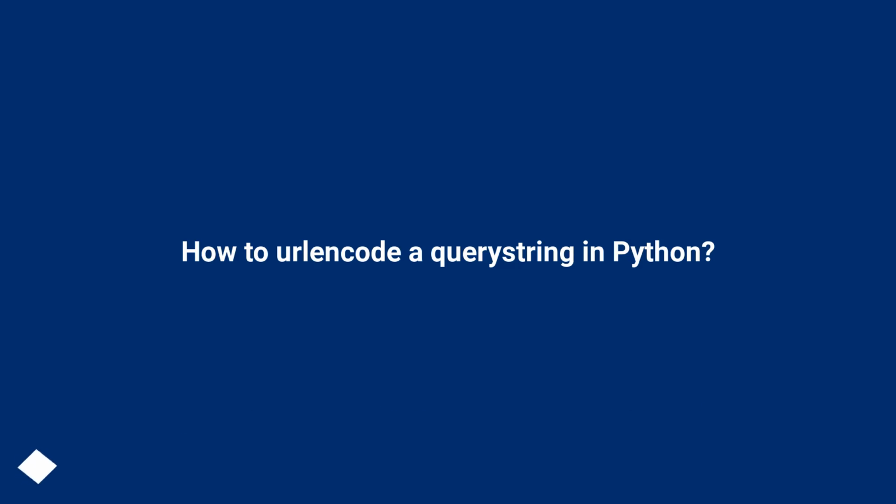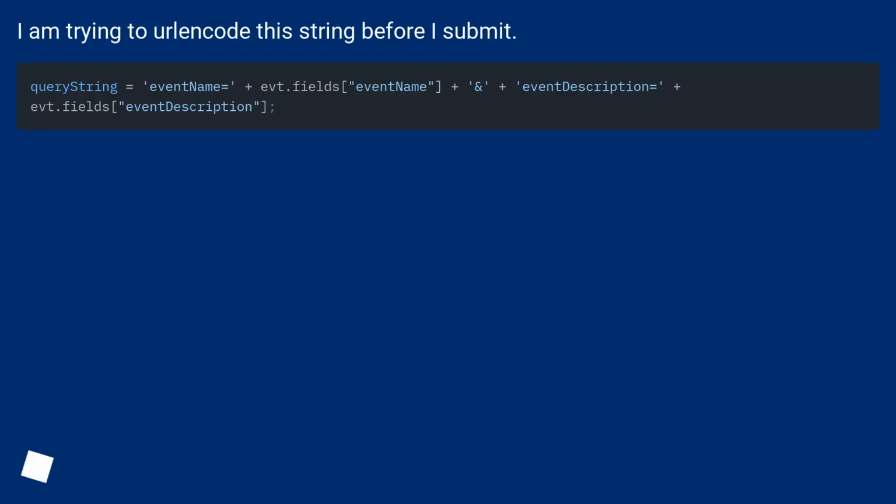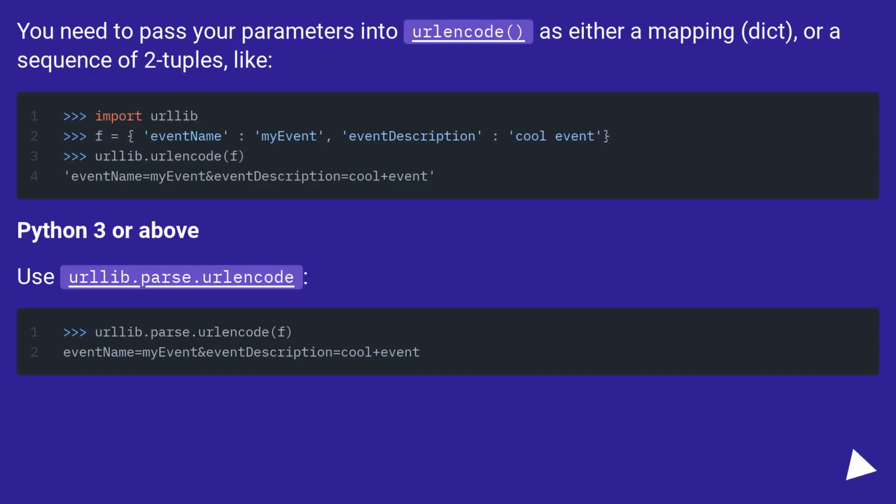How to urlencode a query string in Python. I am trying to urlencode the string before I submit. You need to pass your parameters into urlencode as either a mapping, dict, or a sequence of two tuples, like